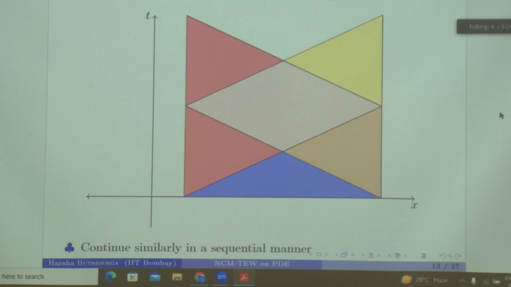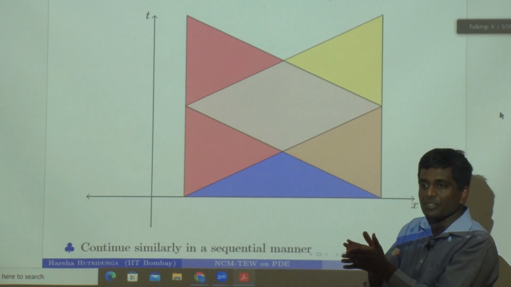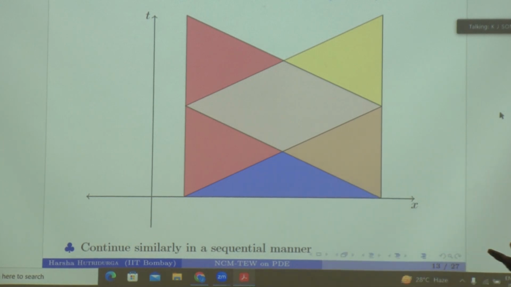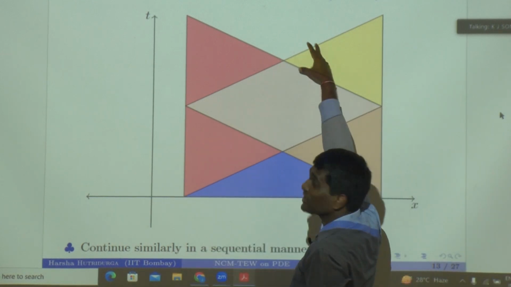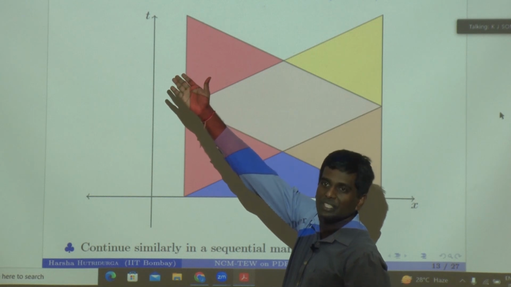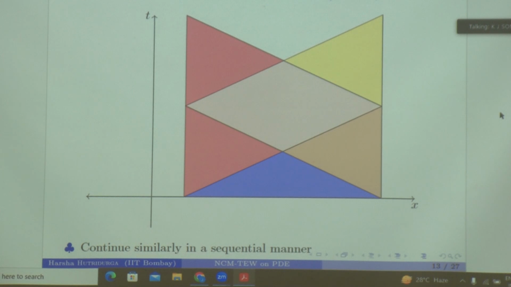Okay, so this has a drawback, of course, that you cannot write down explicit formulas. I mean, some people do try to write down explicit formulas using these characteristics. But I hope you get the picture how it is done. Suppose there is a point x. I tell you, find the value of the solution to this wave equation, the boundary value problem, at x is equal to a plus b by 2 and t is equal to 100. What you do is you keep doing this sequentially until you get a region where t is equal to 100 actually comes. And then you just draw the characteristic parallelogram at that point and you are done. So this is what we are after.